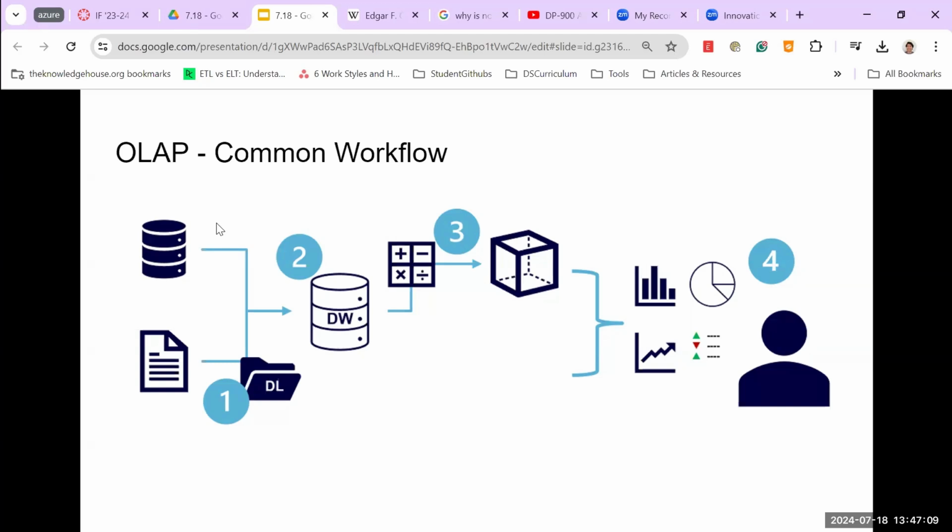From the data lake, we create something called a data warehouse, which we'll go into more detail later. And then finally, after creating a data warehouse, we create something called an OLAP cube. Now, using that OLAP cube, we are able to form a dashboard or present our findings to some stakeholders or to some researchers or other important people in our team